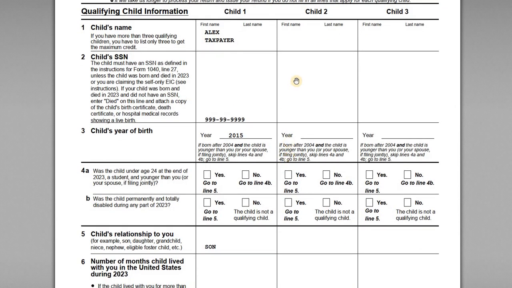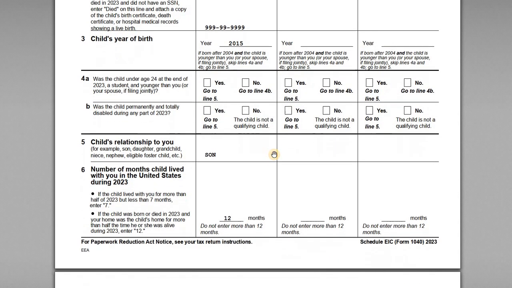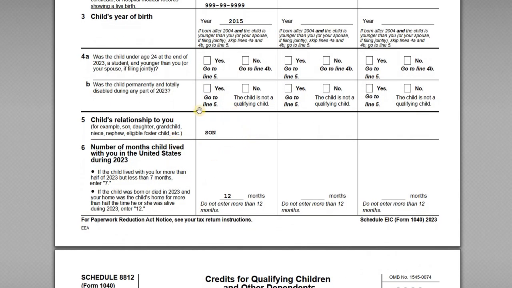If we look at line 1, we're starting with the name of the child, the Social Security number, and then the year of birth. As they've noted here in italics, if you have a child who was born after 2004 and the child is younger than you, you can skip lines 4a and 4b. So we're skipping 4a and b, and we're going to line 5, and we can see the relationship here is his son, and they lived together for 12 months during the year,